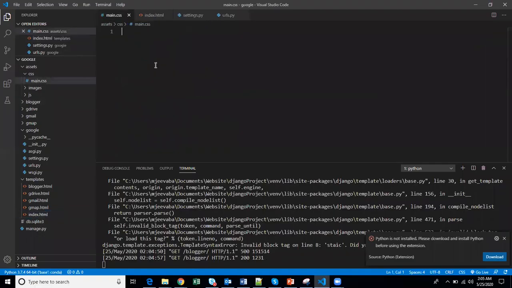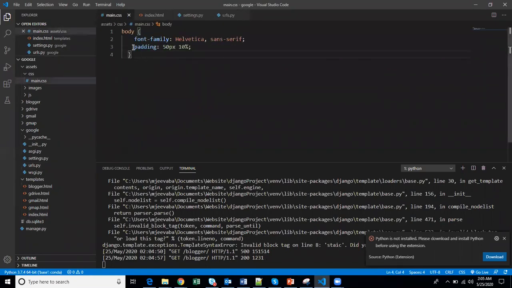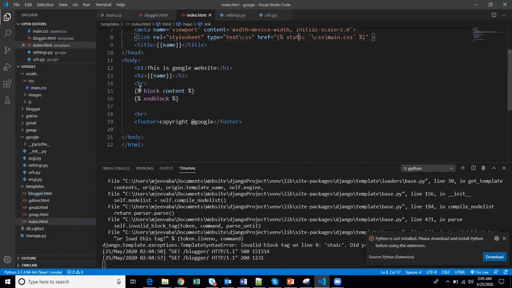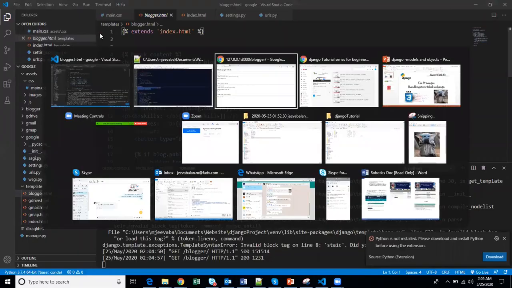Go to main.css and just copy paste it. What I did is I gave some padding, and I changed the font. That's it. The whole Blogger thing is available in the body. If you see here, this is the body. So the body has the h1 header, the app name, and the whole body content. This will be dynamically called the Blogger, because we are calling the Blogger app.